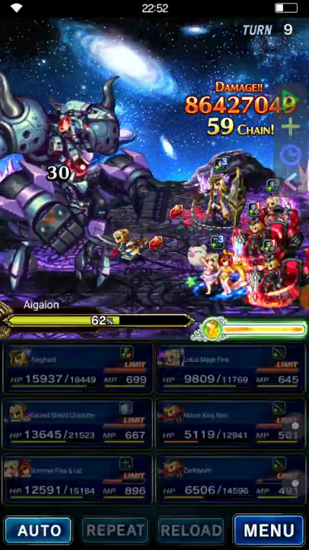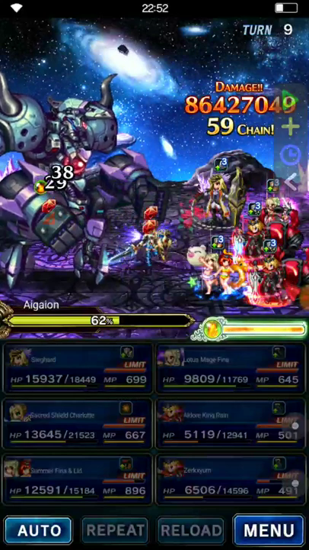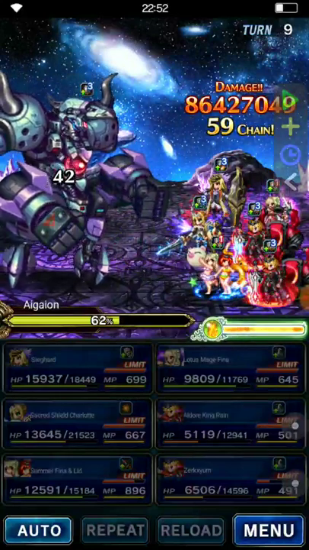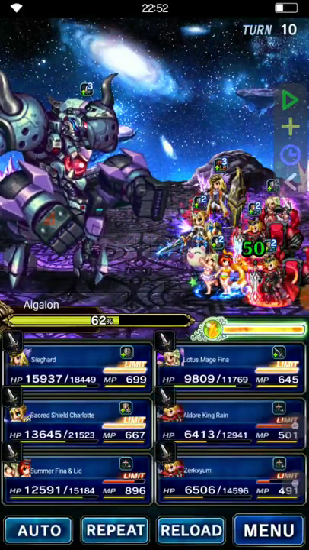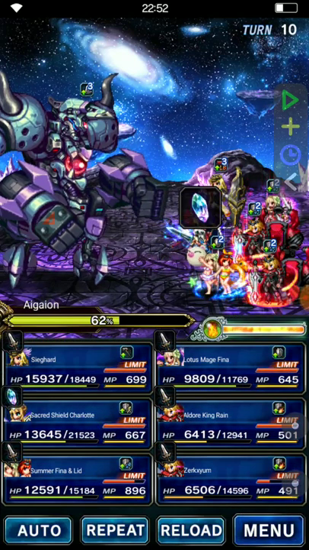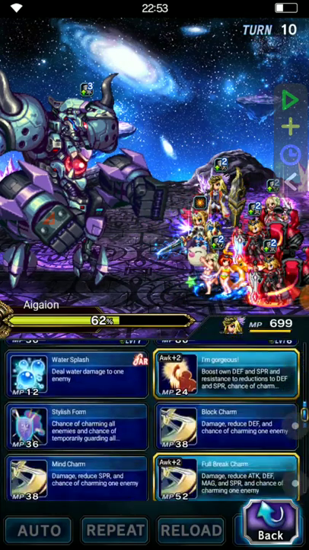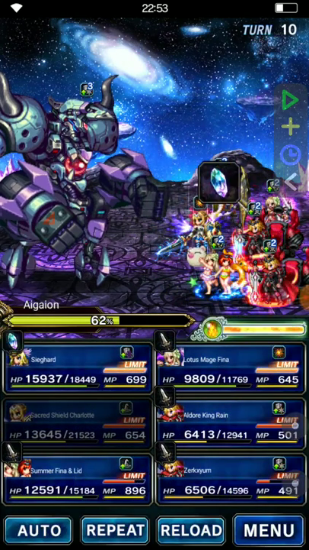Okay, so now we have a dilemma. We need to kill those arms quickly. But Rain doesn't have his LB. So what we need to do, and this is important, turn 10 is very, very important. Because stop resist. This,